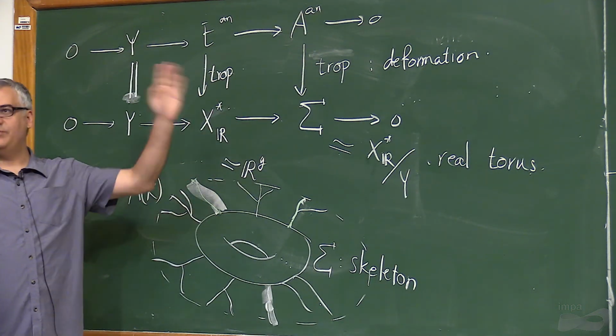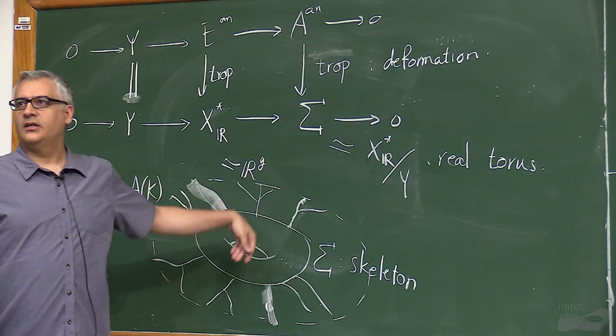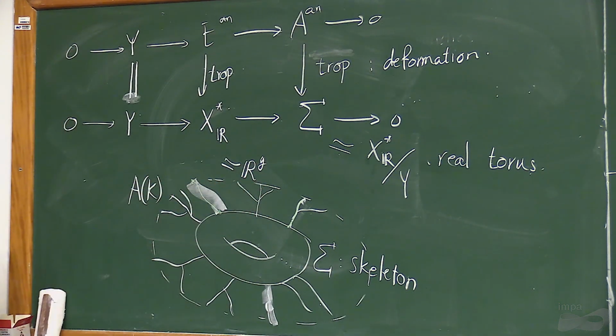In the good case, or in the lucky case, that B is 0, the dimension doesn't drop. You start with a g-dimensional abelian variety, you get a g-dimensional real torus. Can it be 0? It can be 0. In fact,